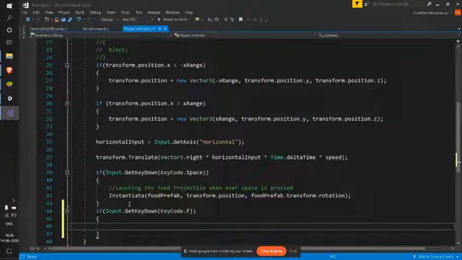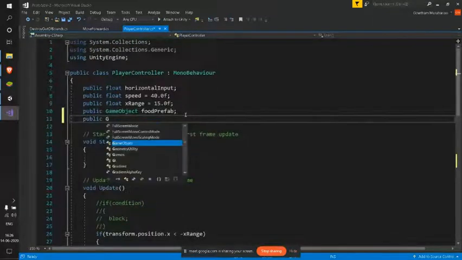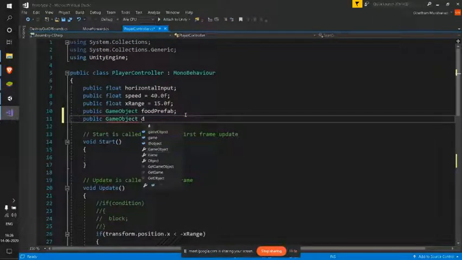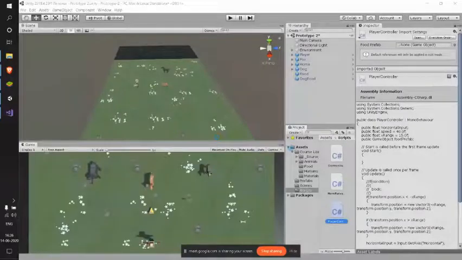I need to have some reference to our dog food prefab. So let me create a variable for that, public game object dog food prefab.